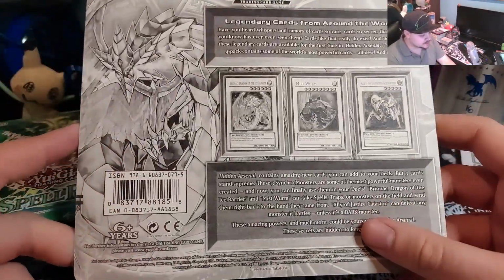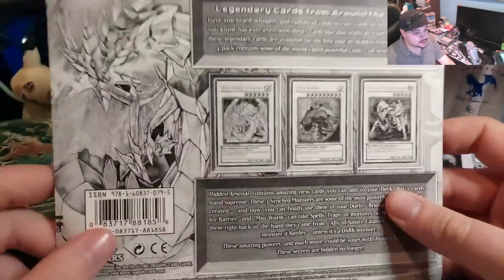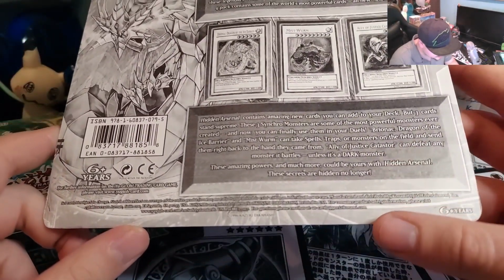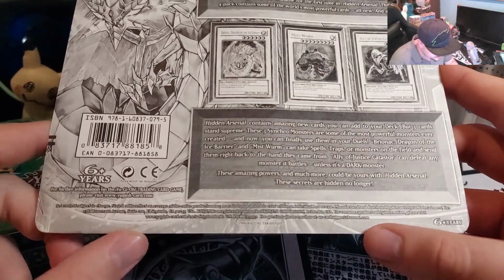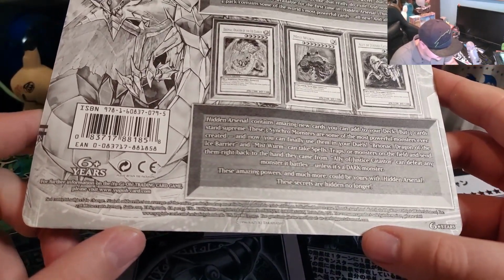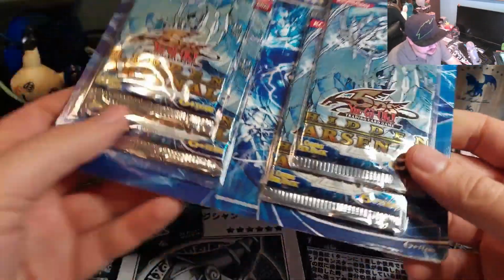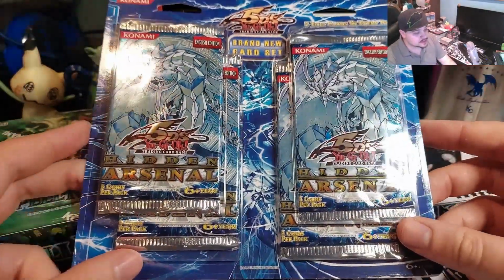I remember the first time I opened some Hidden Arsenal, this original set, way back in the days. This was like, what, 2009, 2010? Something like that. Trying to see if there's a date on the packaging or something. But no, I don't see it. Anyways, it's around that era, and they were in these blisters, and